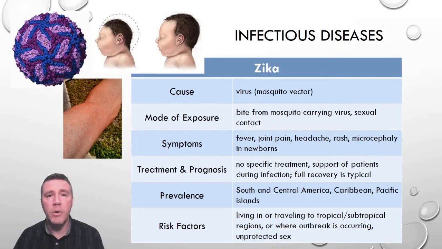Known since 1947, the most well-publicized outbreak began in Brazil in 2015, spreading to the rest of the Americas, Asia, and Africa. Although the World Health Organization's public health emergency on Zika was lifted in late 2016, this virus is an illustrative example of one whose range will increase with climate change.